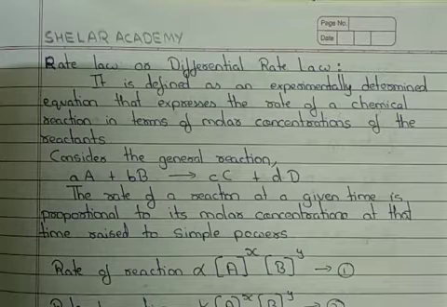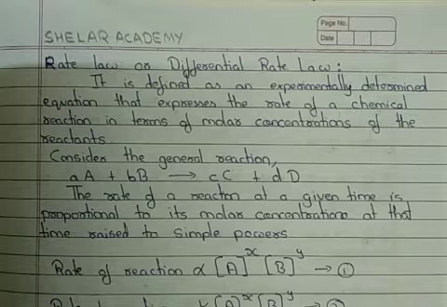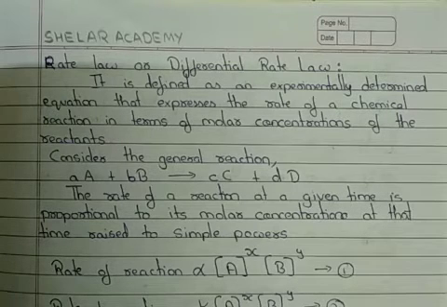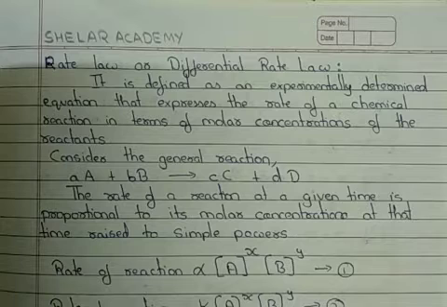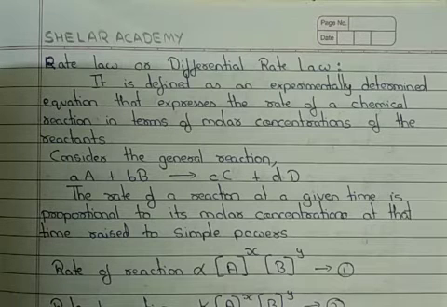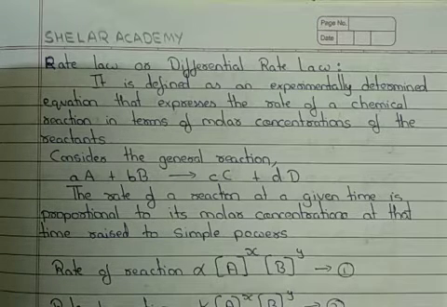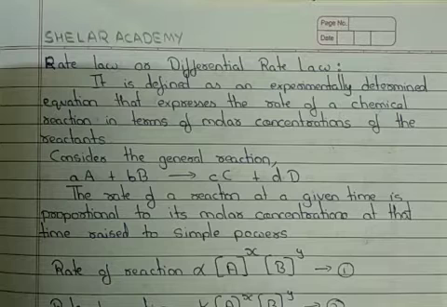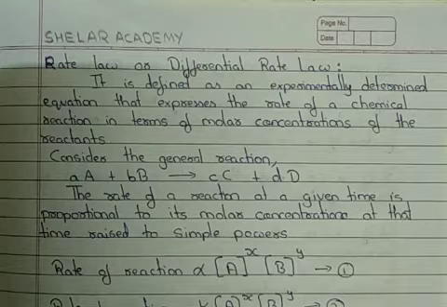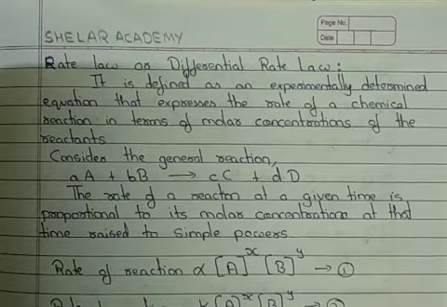Hello students, we are going to continue our lecture of the chapter Chemical Kinetics. As mentioned in the previous lecture, I have already told you what chemical kinetics means, and how to find out the rate of a chemical reaction depending upon the definition of rate of reaction. With respect to that, we have done a few examples.